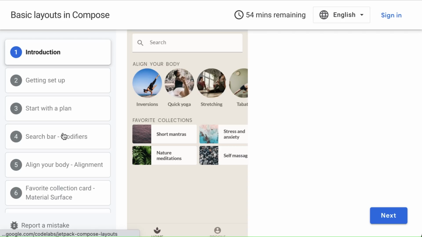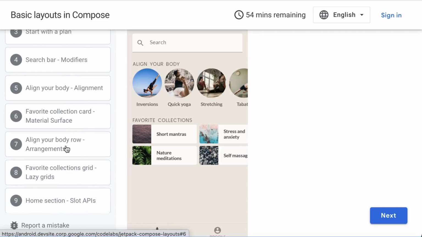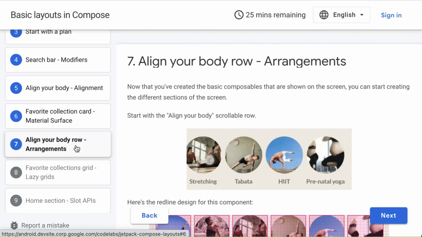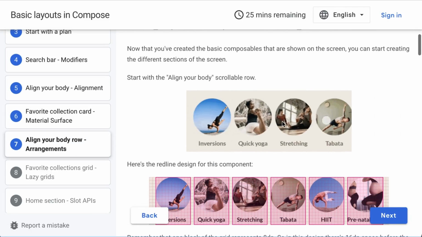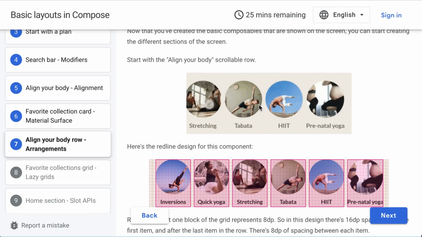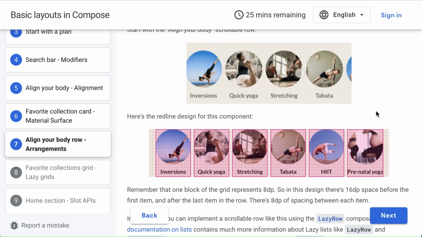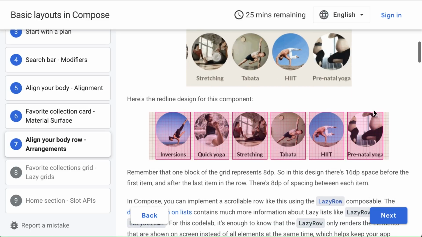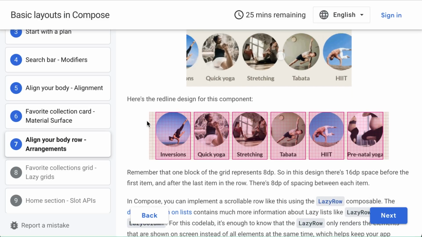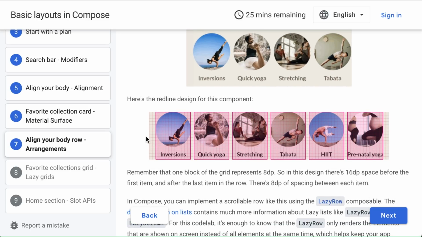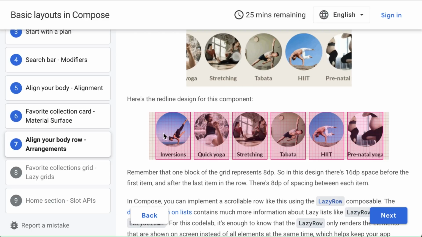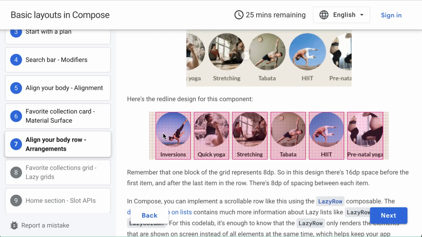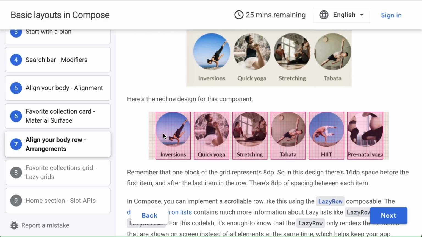So what's next now? So next up, I think we can implement the align your body row, which is the horizontally scrollable row. And with that horizontally scrollable row, we should be able to look at our design and try to see how we need to implement this. Well, what we can see is that basically at the core, this is just a horizontal container which contains all of our align your body elements.